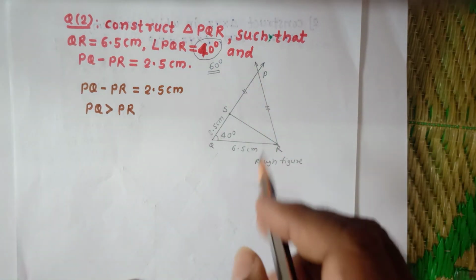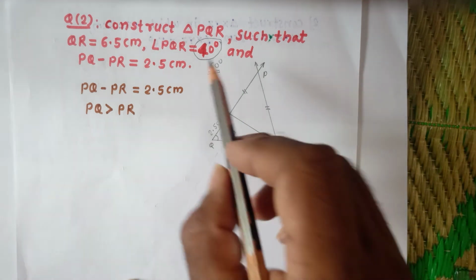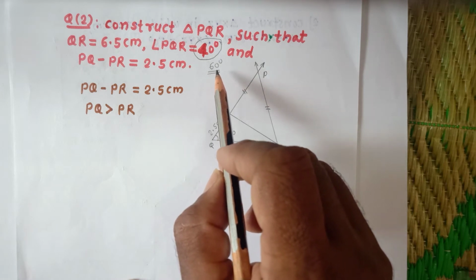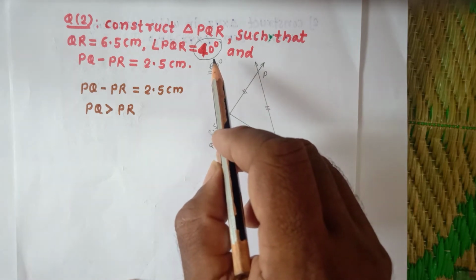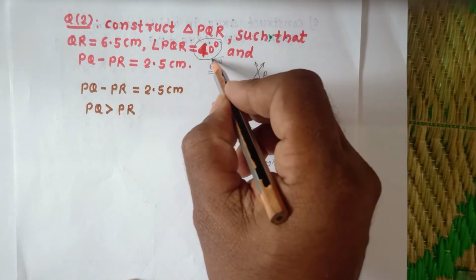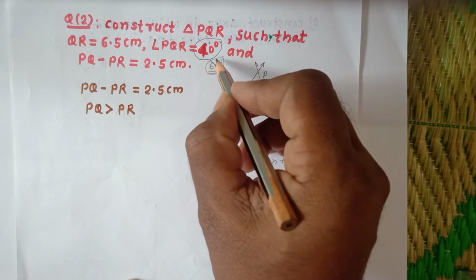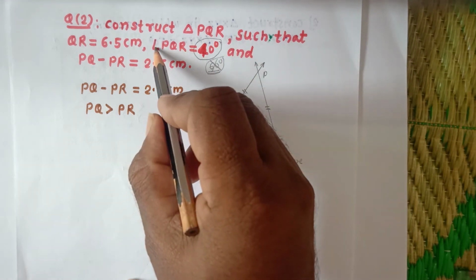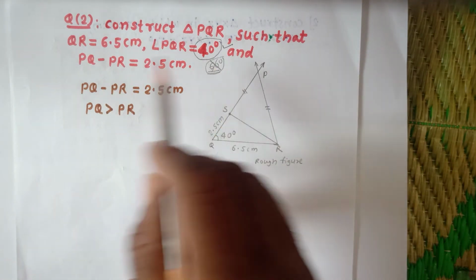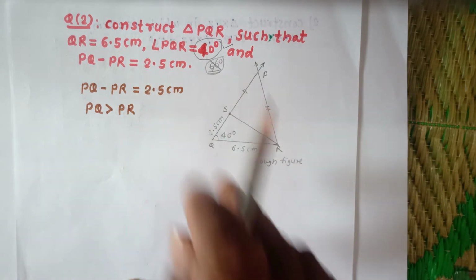But if we construct the triangle by taking this angle 60 degree, then that triangle becomes very big. Therefore there is a correction. Don't take this 60 degree, take angle PQR 40 degree here, and PQ minus PR is 2.5